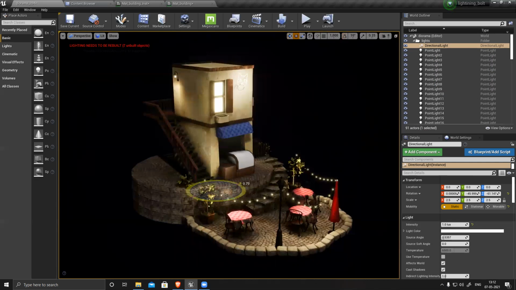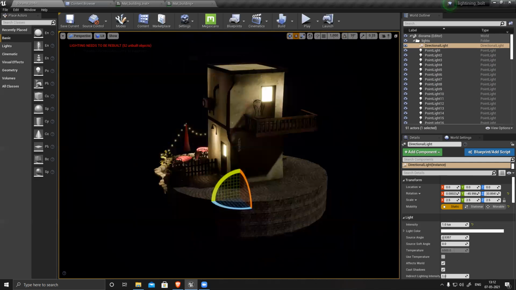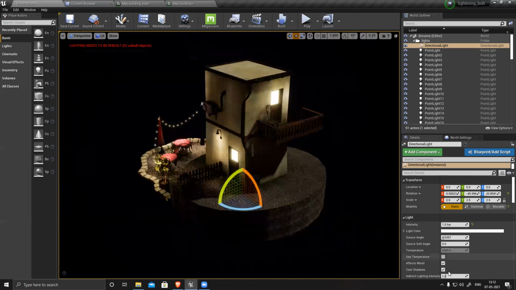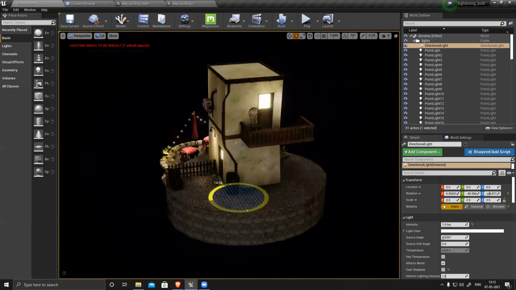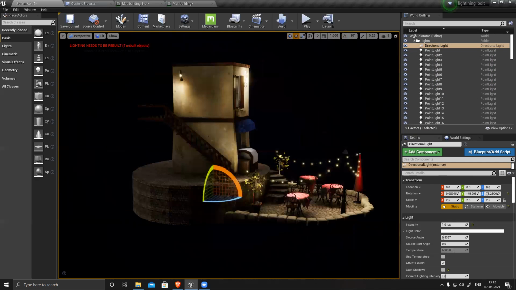Which angle? Shadow. It's casting shadow. If I want, I can switch off the shadow, so it gives me a nice clean light. So everything will be visible. Much better. Now all the sides are visible.